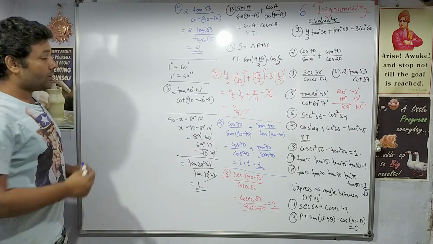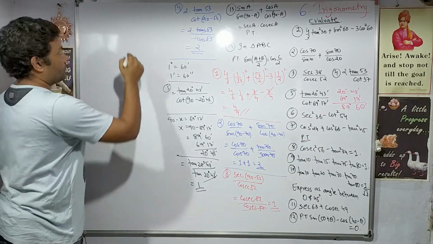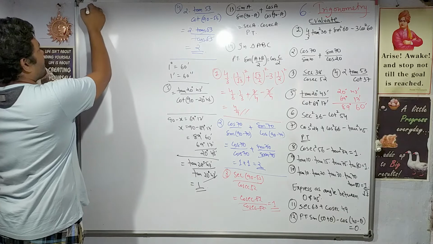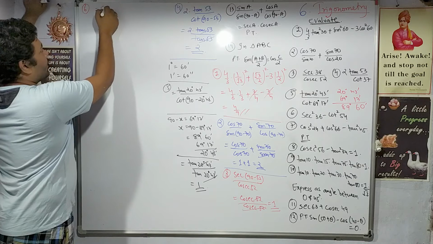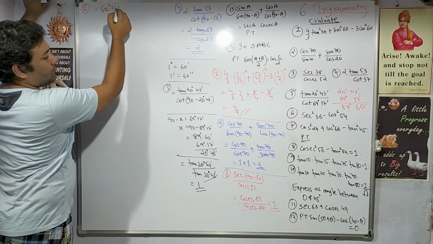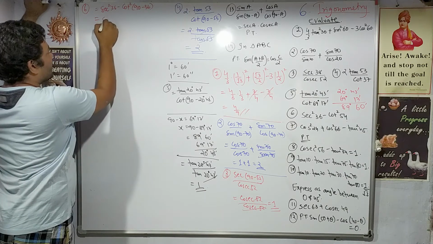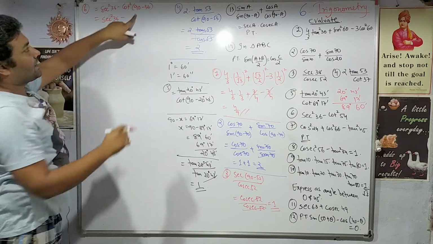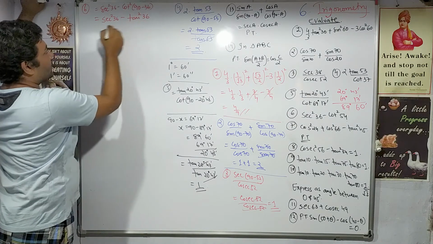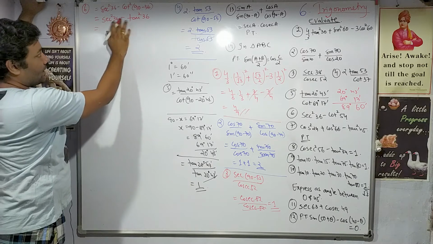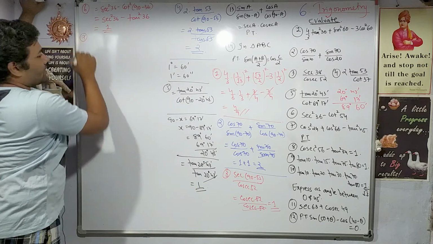Next, the sixth question. Again, if you see, 36 plus 54 is 90. So I will convert any one. I'll take the second term. Cot square 54 can be written as cot square of 90 minus 36. What is cot 90 minus x? It is tan x. So tan square 36. We know this is a square relation and the angles are the same, so the value will be 1. Simple. Seventh question.